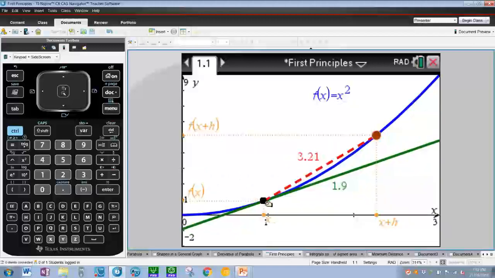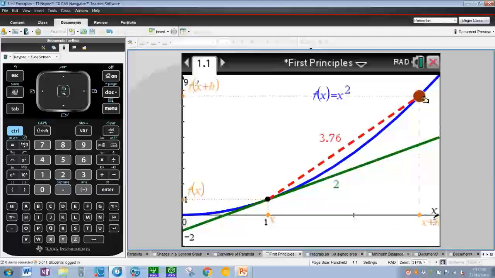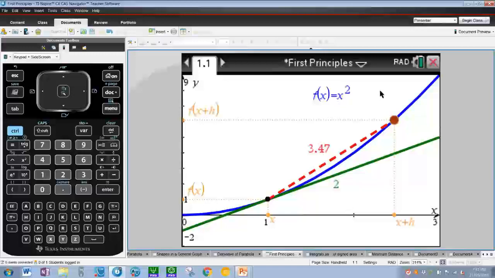As you can see, the green line over there is the tangent to the graph at a chosen x point, and it's tracking the gradient over here. What I've also done is create a new point up here, and it creates a secant, or chord rather, between this black point here and that brown point there. I can, of course, start moving the point along the curve, and this pretty much showcases the first principles formula, which is to get the chord's red gradient to become the tangent's green gradient, you'd want to reduce your h